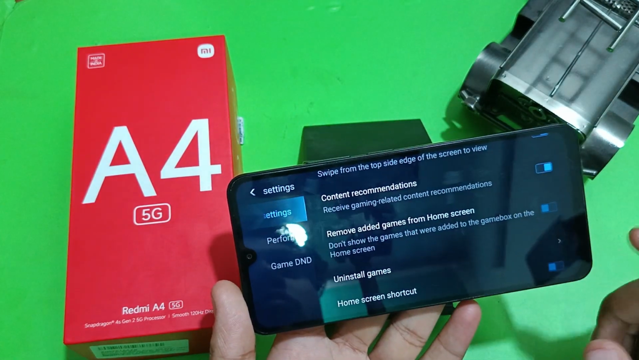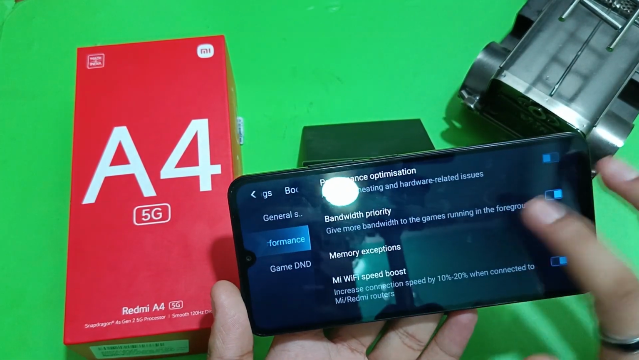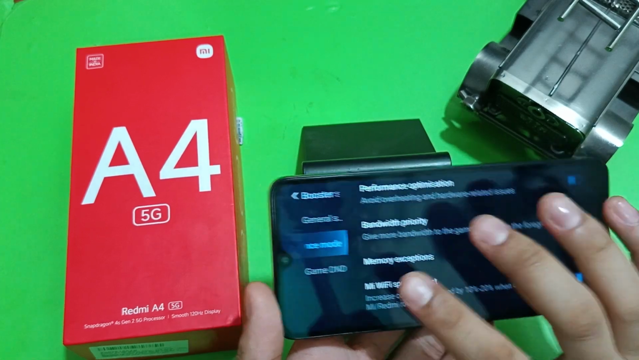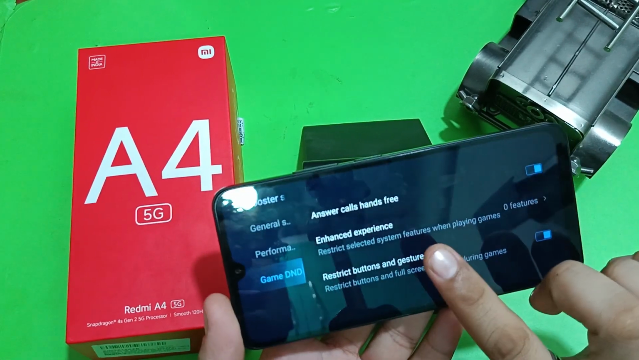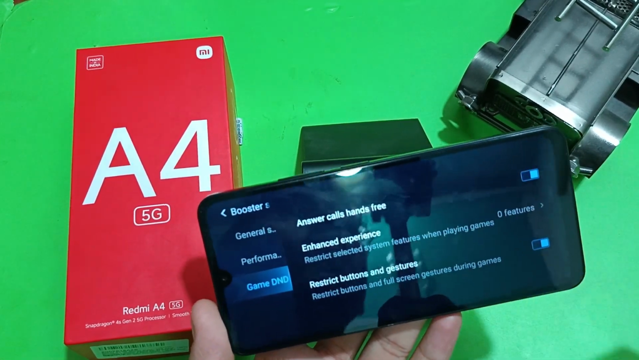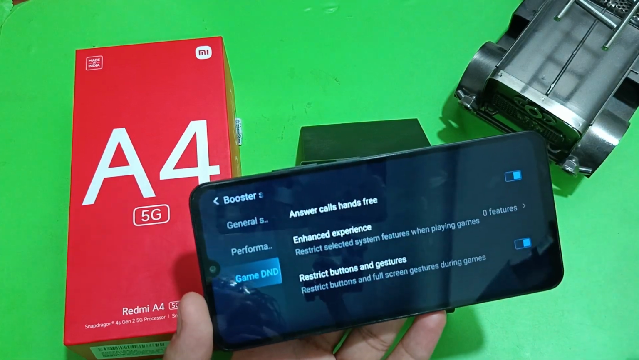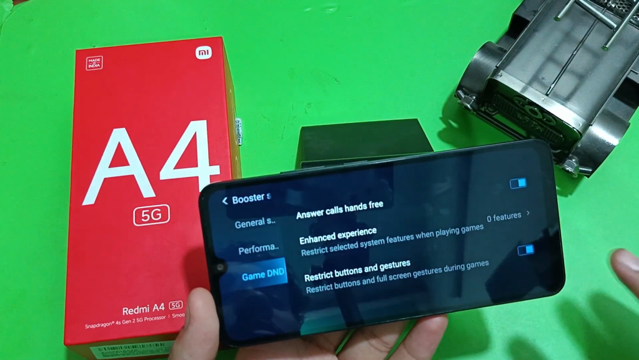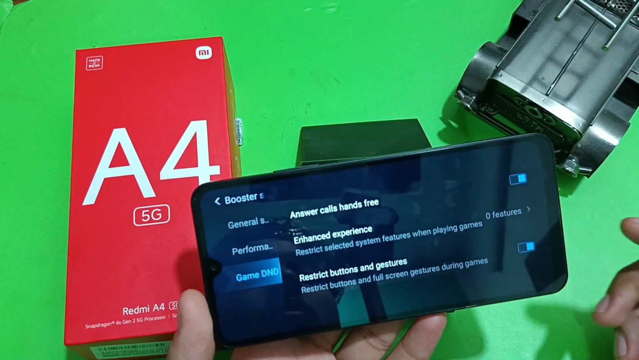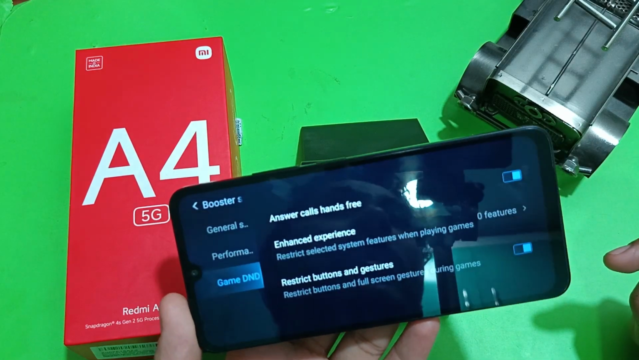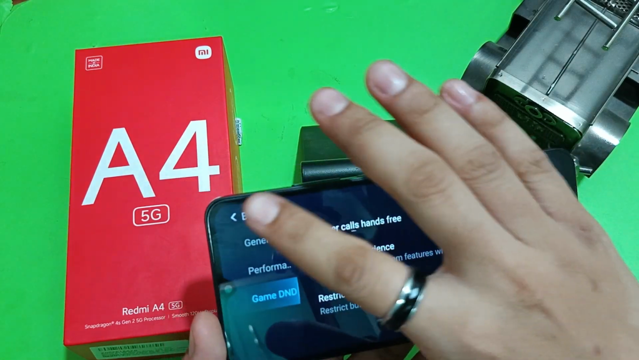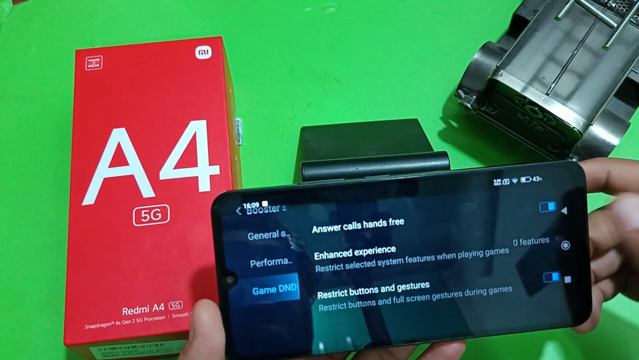And here it is remove added games performance. You can just enable and disable like this. You can see answer calls hands free. If you are playing game and suddenly there is a call, you can just tap on the call, and you can answer call hands free. Let's move on to the trick number 3,